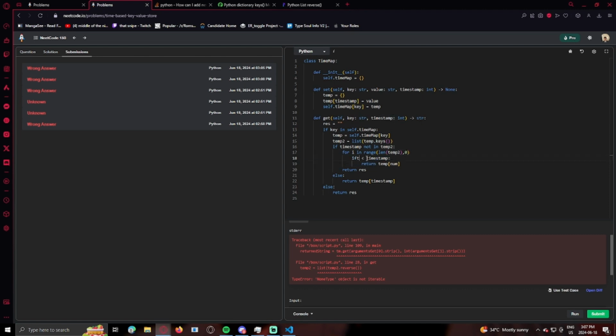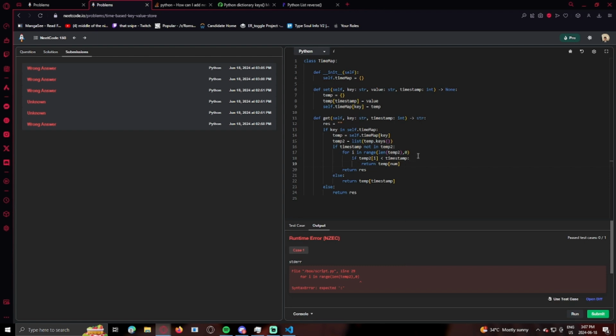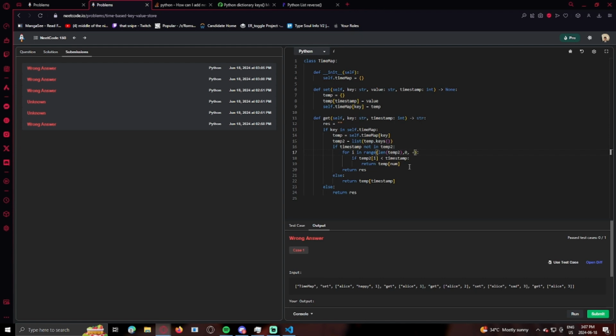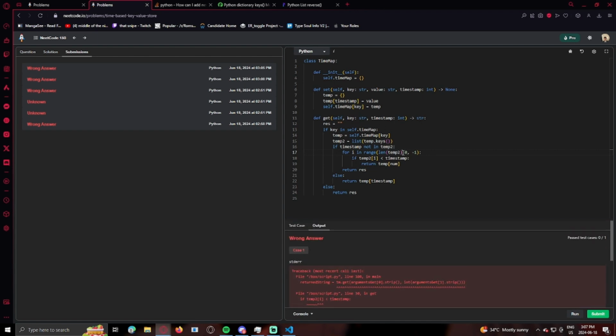If temp2 at I, this is gonna give me an error too, I think. Oh, I'm supposed to do -1. Let's index out of range. Yeah, we have to do -1 here, but if there's only one thing, it stops at -1, so I think